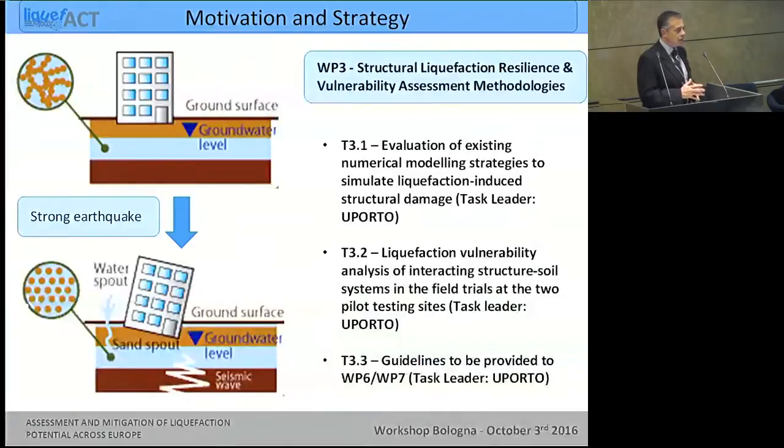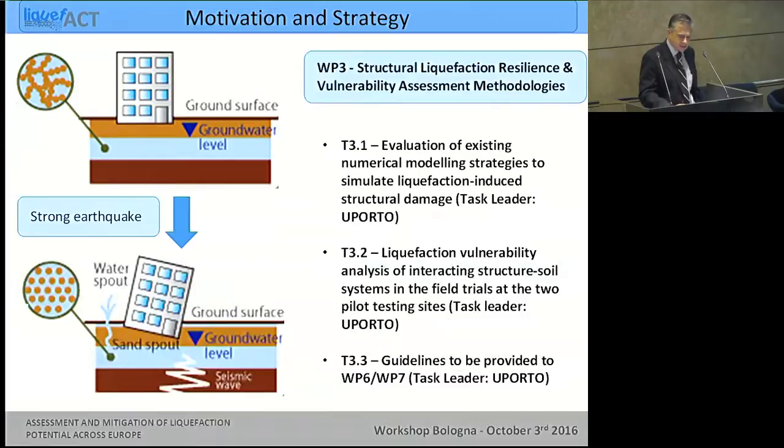Then I ask our colleagues from structures to think a little bit about what we will do after looking at the references, I mean the bibliographic references, what are the motivations and the strategy that we will look for with this WP3. And I was with them this last week, and then we finally got this presentation here. So in this WP3, we will be having structural liquefaction resilience and vulnerability assessment methodologies with